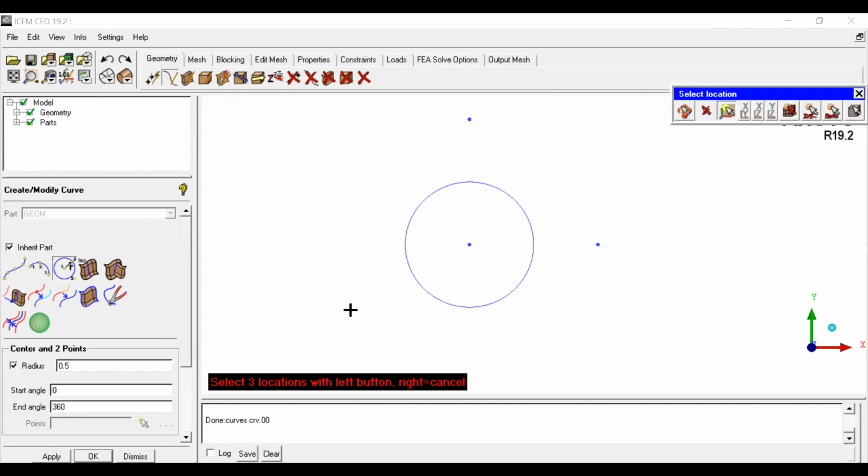Basically, you will get doubts once you start practicing. Once you start generating the geometry, you will face some issues. Of course, we will address them in parallel. It's not a problem. But the main motto is that we must explore all the commands available in the geometry toolbar. Participants, if you have any doubt, you can ask me.